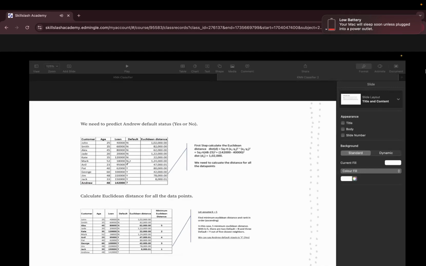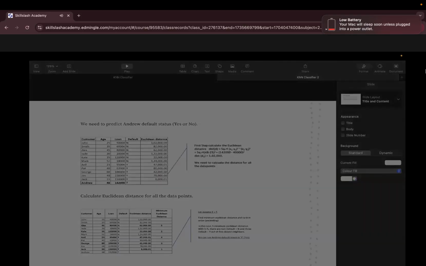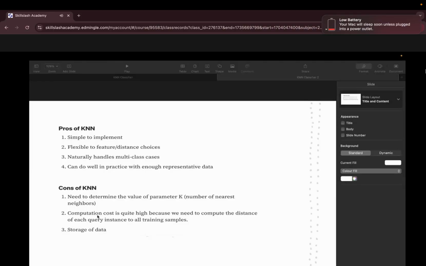So my model is that much flexible that it will allow me to choose Manhattan over Euclidean. Yes. Okay, I'm not blaming anybody. Since it is very fresh for you, you can see here only flexible for feature and distance choices, guys. Second advantage, right? So such kind of basic questions they are going to ask you.